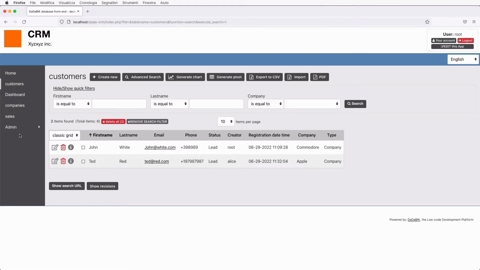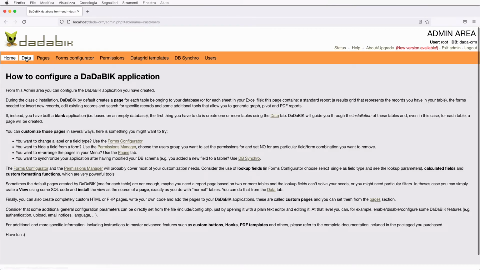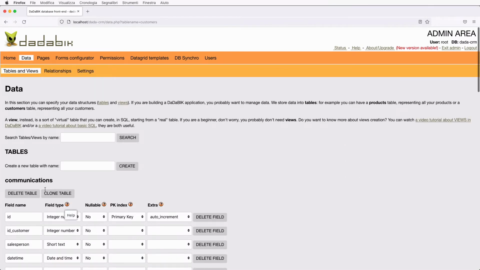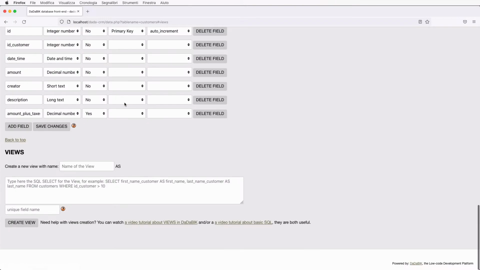So simple that I could have included this part in the no-code video of this tutorial, part 1. And in fact, for other tutorials, I included simple views creation in the no-code part. But anyway, let's create this view. So edit this app, data. Here we have tables and views. We have to create the 3 views.